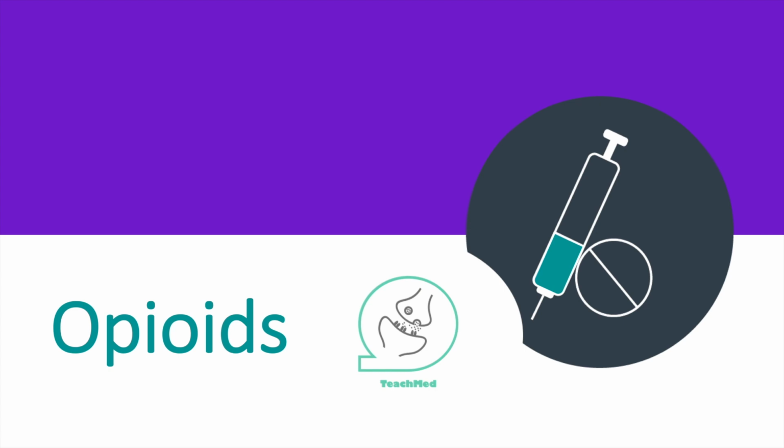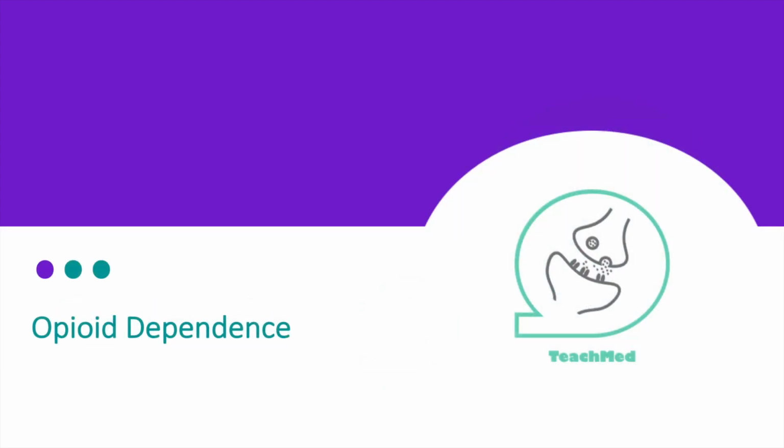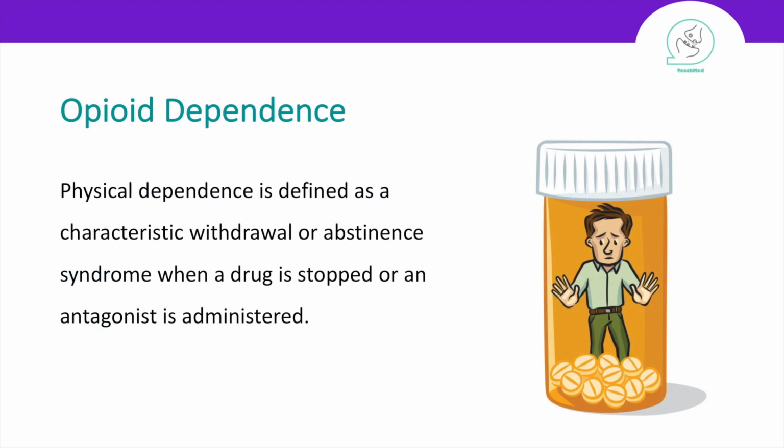In today's video, we will continue discussing opioids, but this time we will discuss opioid dependence, opioid toxicity, and opioid addiction. Sometimes people get confused between using these terms, but I'll make it simple for you. So let's get started. First, opioid dependence, and from its name, it means that the person depends on opioid. His body cannot leave it, and if you stop it, he will start to develop withdrawal symptoms.